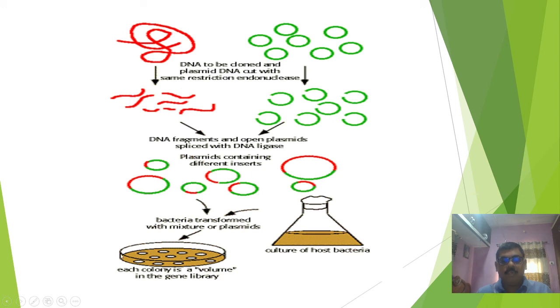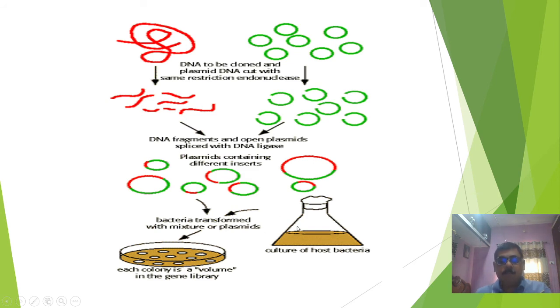When they are inserted into the bacteria, the colonies are grown on antibiotic media, having the antibiotic incorporated in it. Those cells that have the plasmid will survive, because the plasmid has the antibiotic resistance gene. Then these colonies are screened for the desired DNA, and they are cloned.